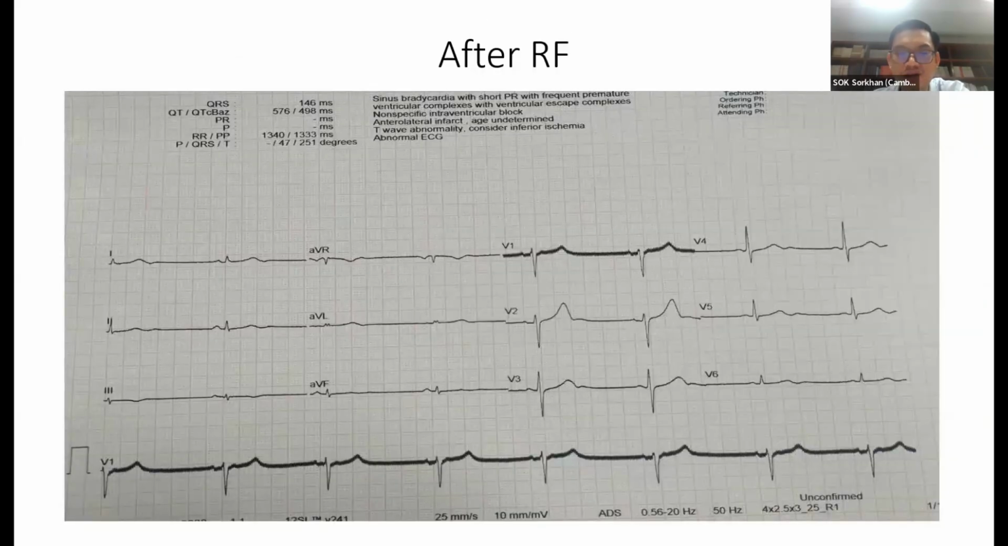After ablation, she didn't have any PVC, and the patient was discharged 1 day after and came back to see me. I repeated the 24-hour Holter EKG. She still has the PVC, but the